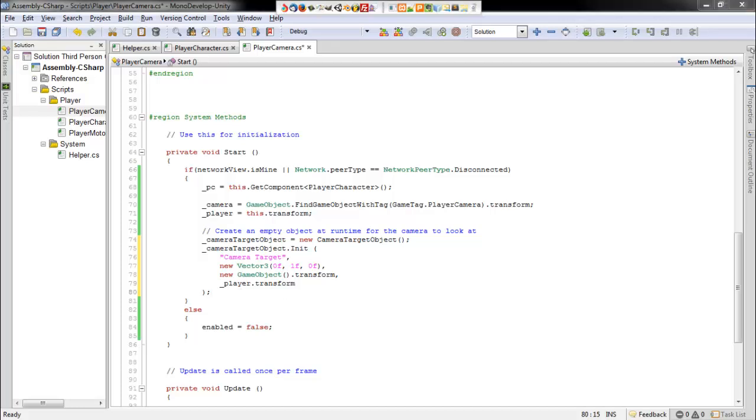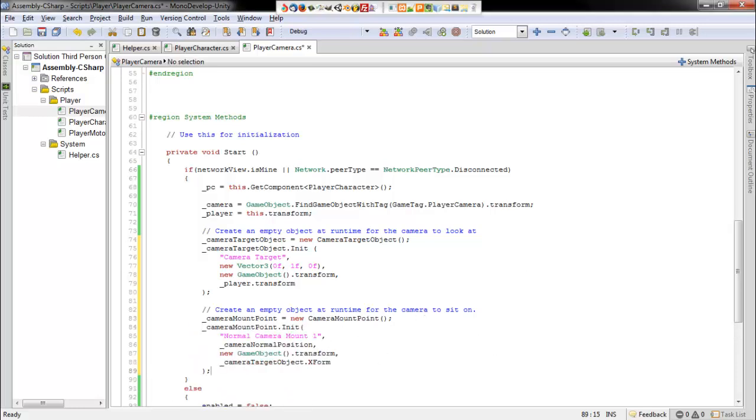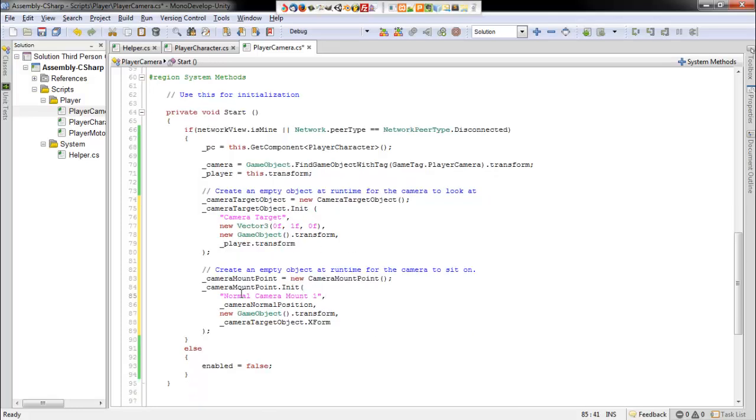Okay, and so we want to do the same thing just with our mount point. So we'll create a new mount point, and actually give it a comment here. So create an empty object at runtime for the camera to sit on, and we'll call the initialization method again so that we can set those values that we define in our structure. It looks pretty much the same way. I'm going to change this. I'm going to call this camera mount,